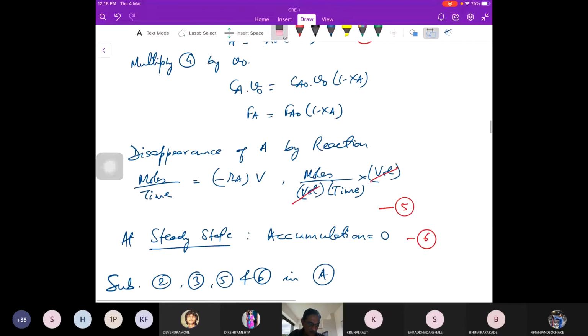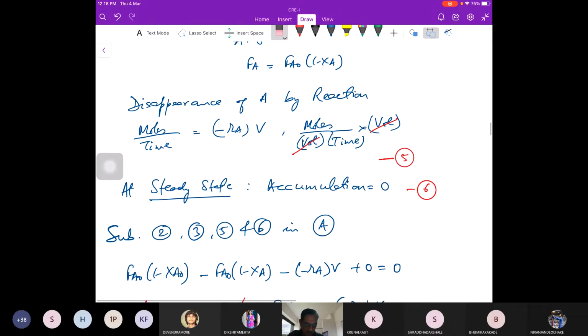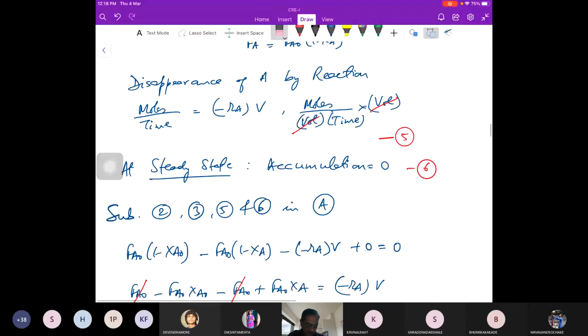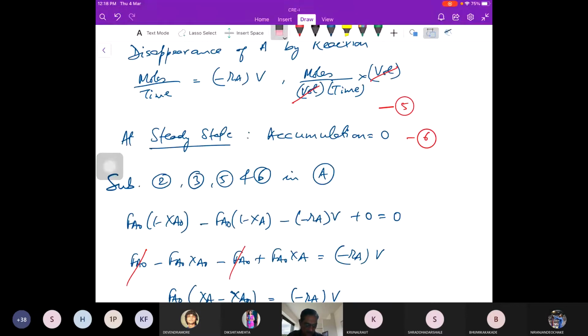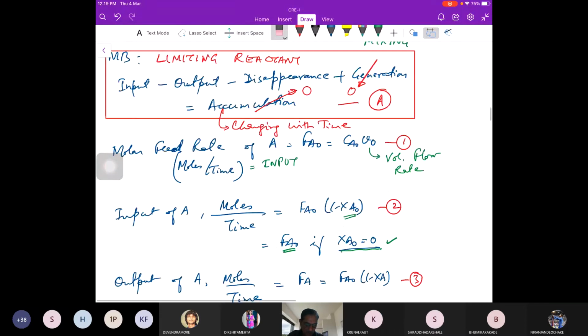So disappearance of A by reaction, we have seen it before also, in a batch reactor. Moles per unit time is nothing but minus rate of reaction of A into volume of the reaction mixture. If you take the units, minus Ra has units of moles per unit volume per unit time, and into volume we get moles per unit time. So you have all the terms with units of moles per unit time. And at steady state I have already said accumulation equal to 0. So if you substitute all these terms in equation A, our general material balance equation,